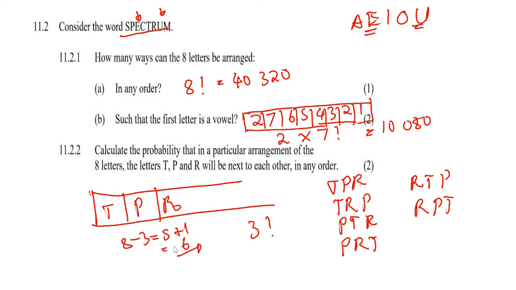Because there are now 6 positions that need to be filled if we are taking TPR as 1 unit, right? So that means we can fill it in what? In 6 factorial ways. But then that 6 factorial, multiply it with what? With the 3 factorial that we have here. So if we are saying 6 factorial multiplied by 3 factorial, that will give us